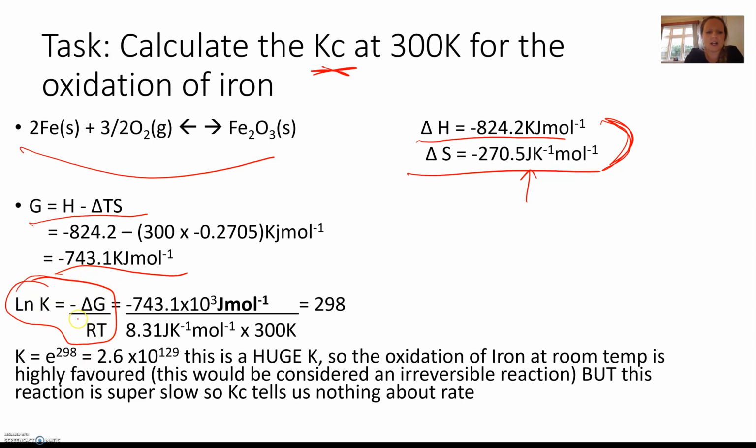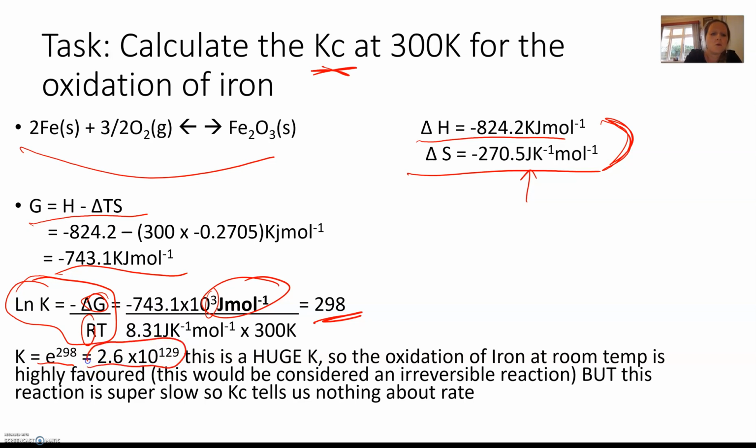So we rearrange this equation given in section 1 of your data booklet. Just be mindful that G must be in the same units as R. So we need to have joules per mole, not kilojoules. So that's why this has been times by a power of 3. So once you do that, you get 298. So that's ln Kc. So to get Kc, we need to do e to the power of 298, and that